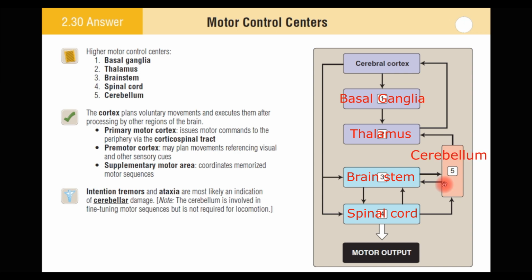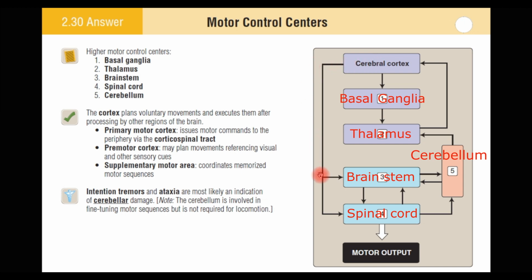What is the basis of this? As you can see, the cerebral cortex gives rise to our corticospinal tract, the arrow coming here directly into the spinal cord. Number 4 here is our spinal cord. As we discussed in our previous videos, this is the direct communication of cortex to the spinal cord, and it is the corticospinal tract. But apart from the corticospinal tract, the cerebral cortex also gives rise to further supplies.